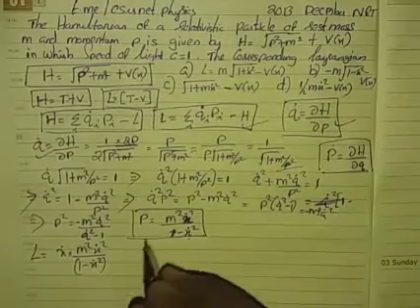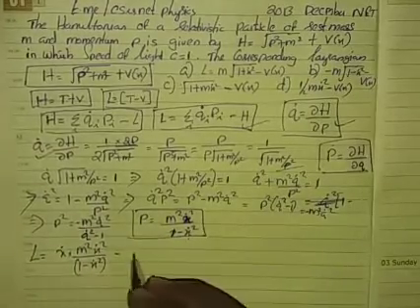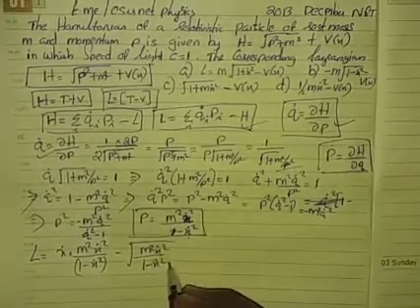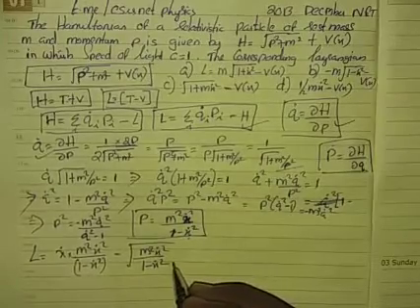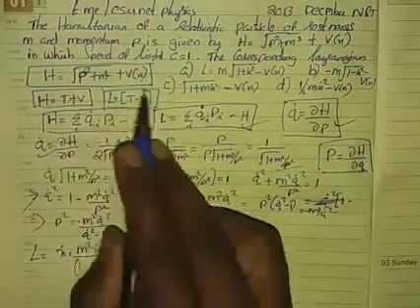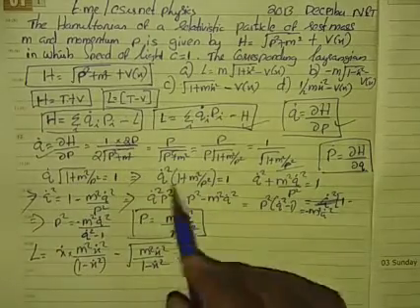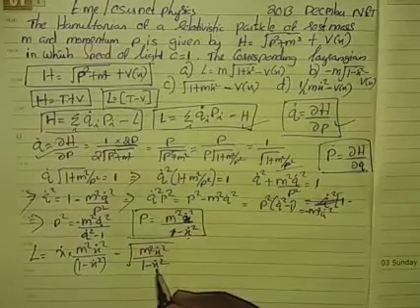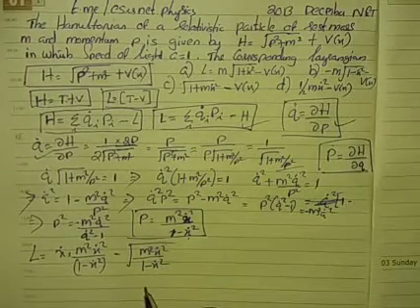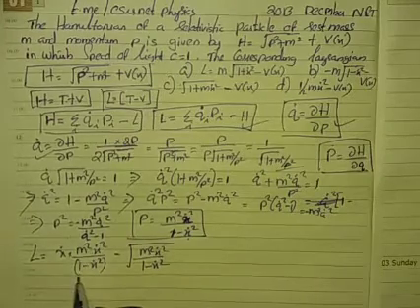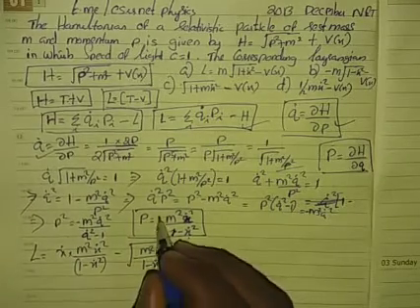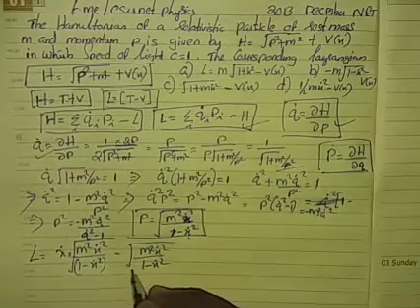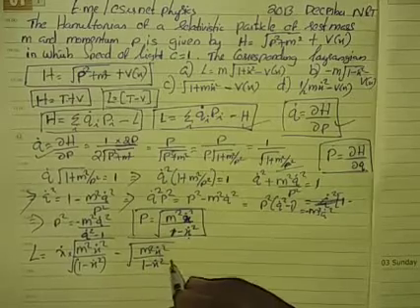And this is Lagrangian minus Hamiltonian, where p will be the root of m square x dot square by 1 minus x dot square, which is p in the Hamiltonian right there. Where is the Hamiltonian? Yes, there is a Hamiltonian. That's p right there, or you can say p square. So this is p square, so p is the square root of this. So p square is just this